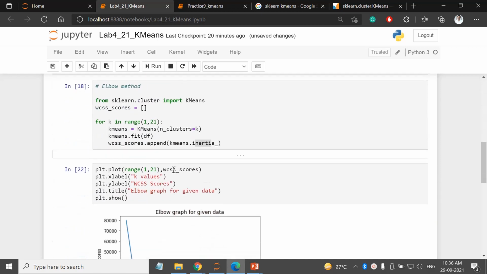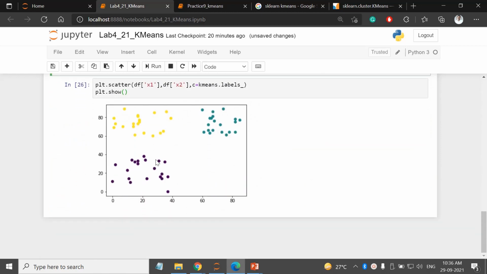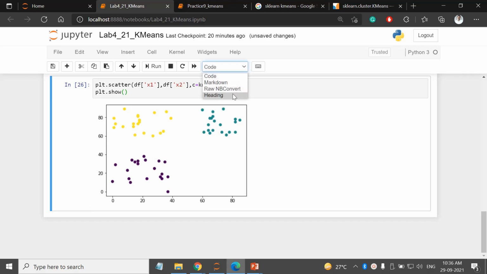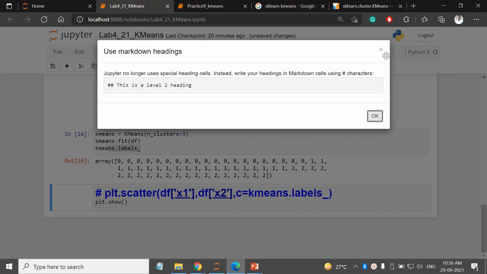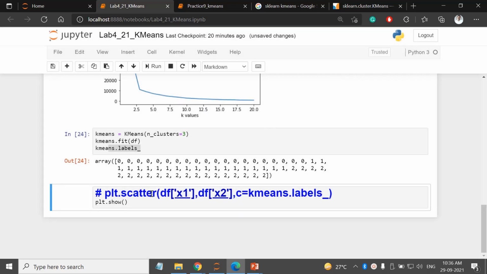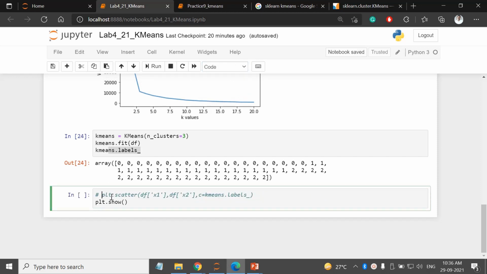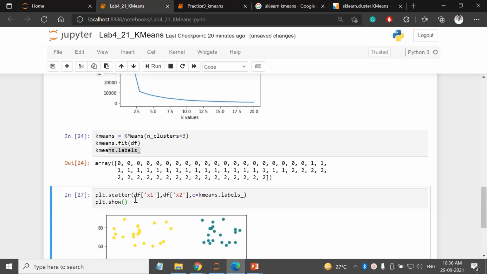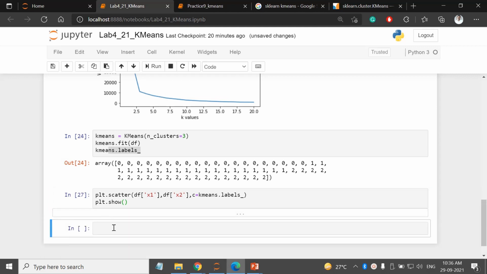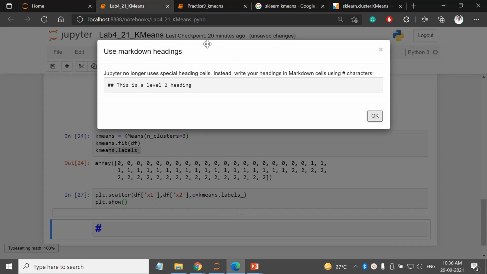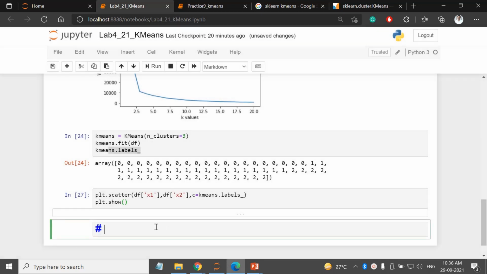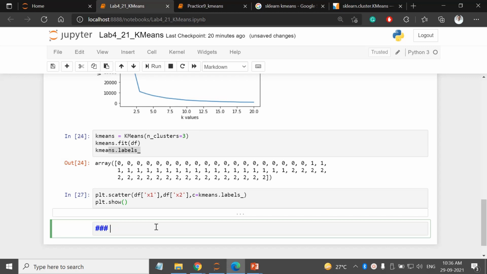Now what if you want to do this on an actual data set? I'll be using the iris data set again.